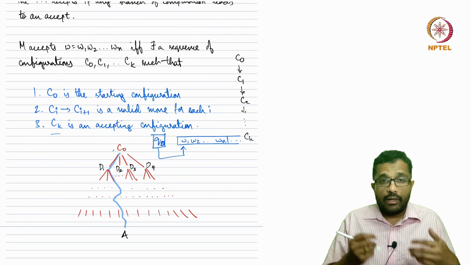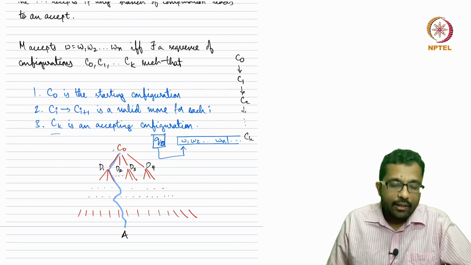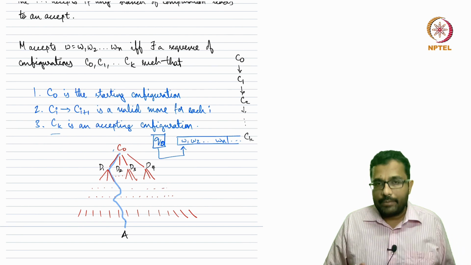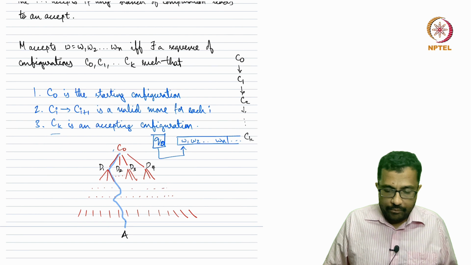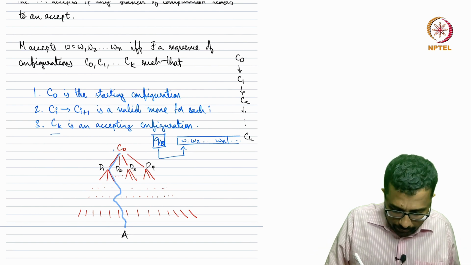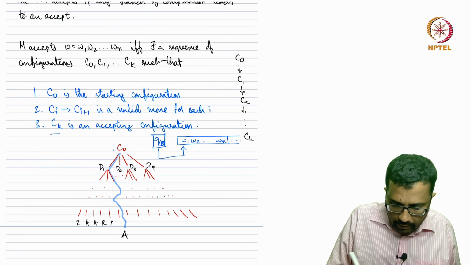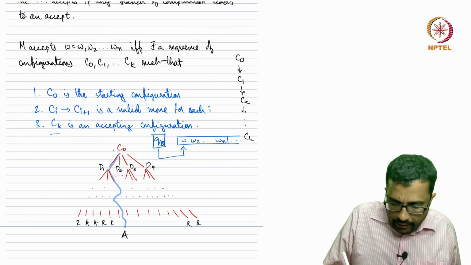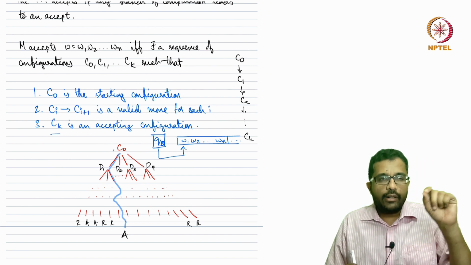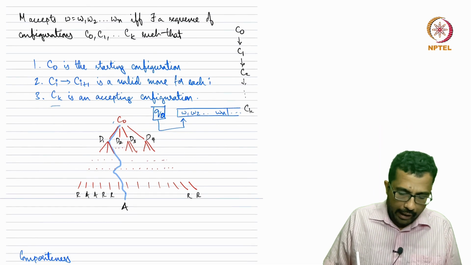So there are multiple configurations that are valid successors of the starting configuration. For each of these successors, there could be multiple valid successors themselves, and so at the end there could be multiple possibilities. Some of them could be reject, some of them could be accept, some of them could be reject, and so on. All that you care about is whether there is at least one path that leads to an accepting configuration. So you accept,